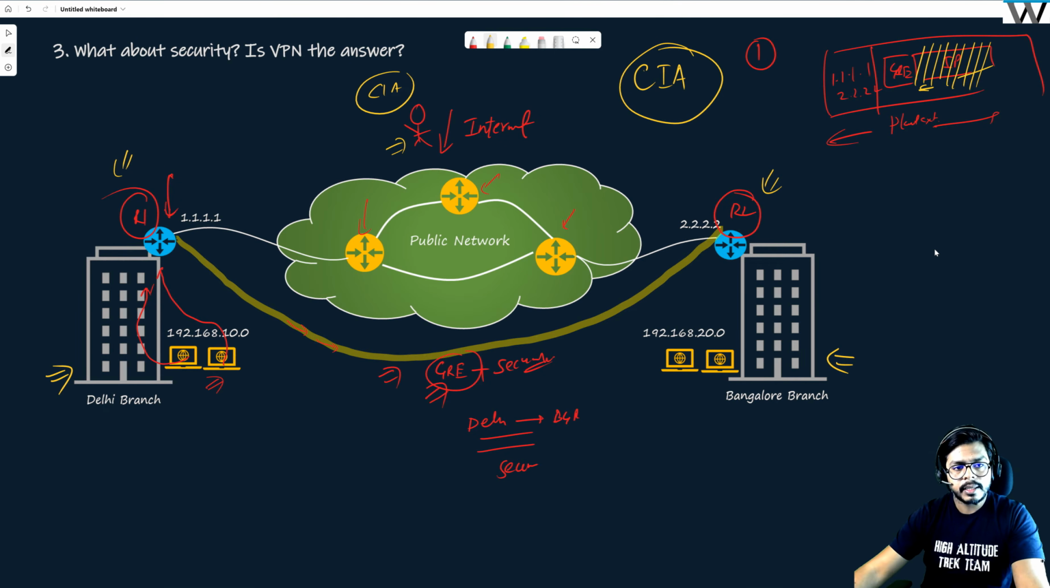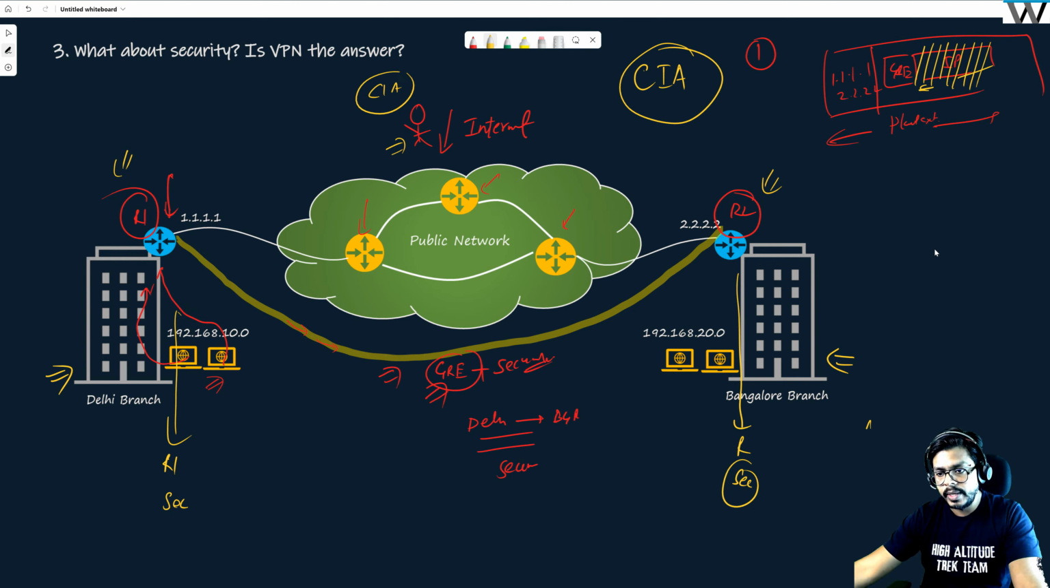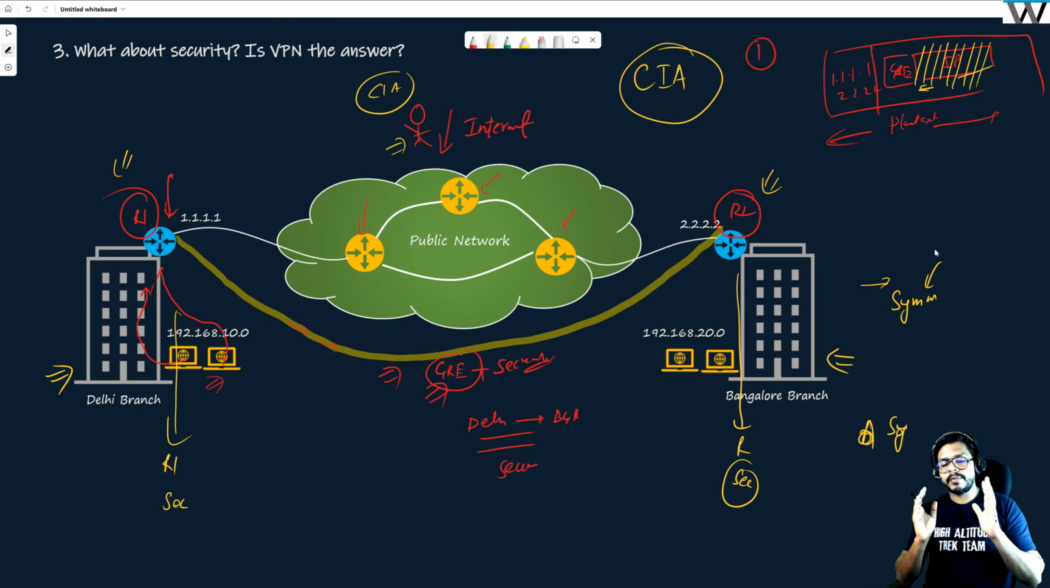And finally, at the end of the day, the goal is that if this router R1 and R2 can share a secret key between them, then they can do symmetric encryption, which is the encryption loved by processors, right? So if you talk about whatever we have read in the last 6 sessions,